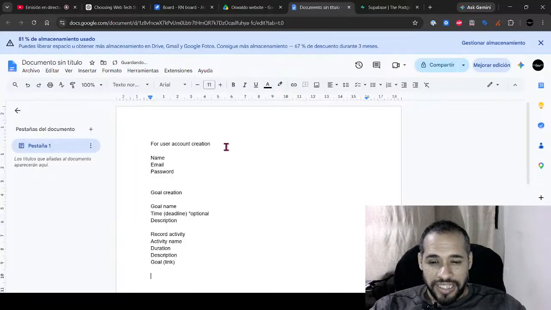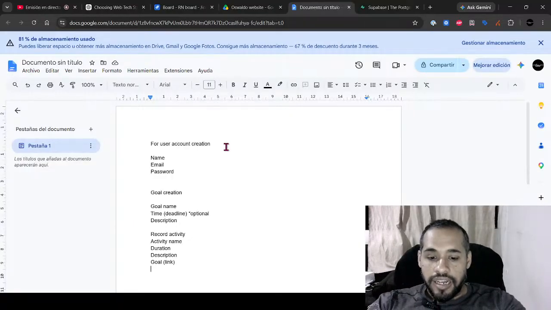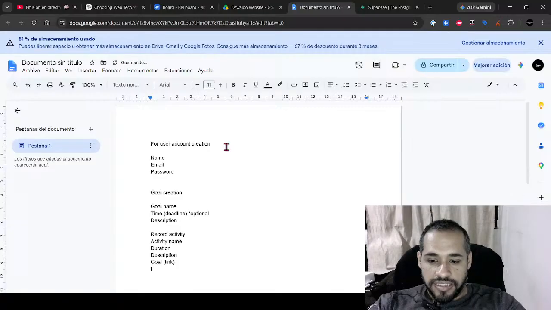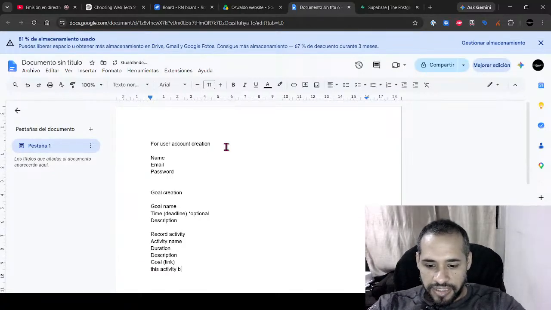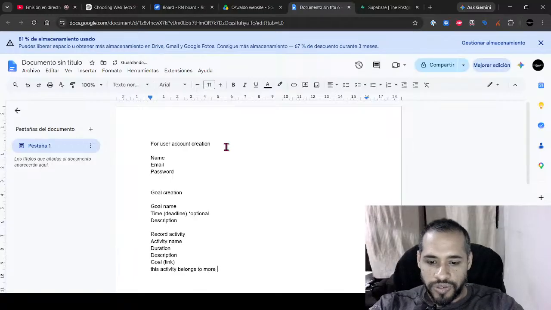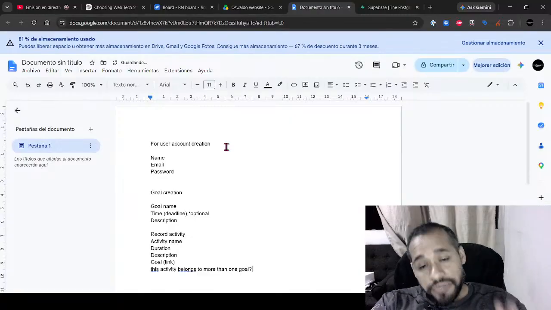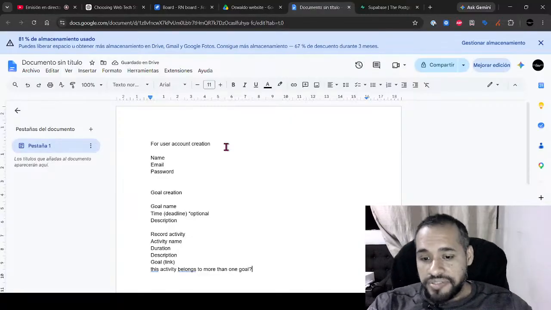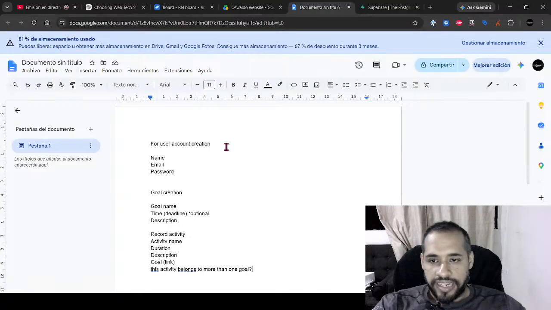Another thing that I will ask ChatGPT is whether this activity can belong to more than one goal, because maybe some activities can be impactful to different goals that we are setting.